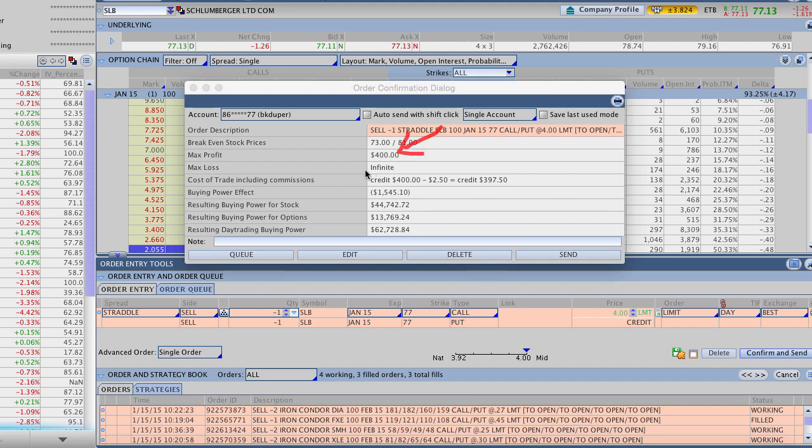We do have that undefined risk feature, but don't worry because there is defined risk here in the sense that we only have to put up about 15.45 in margin to hold this position. Now, as you can see, that $4 credit moves us about $4 outside of the expected range, on either end. So our new break-even prices are 73 and 81, which really gets us just outside of that range